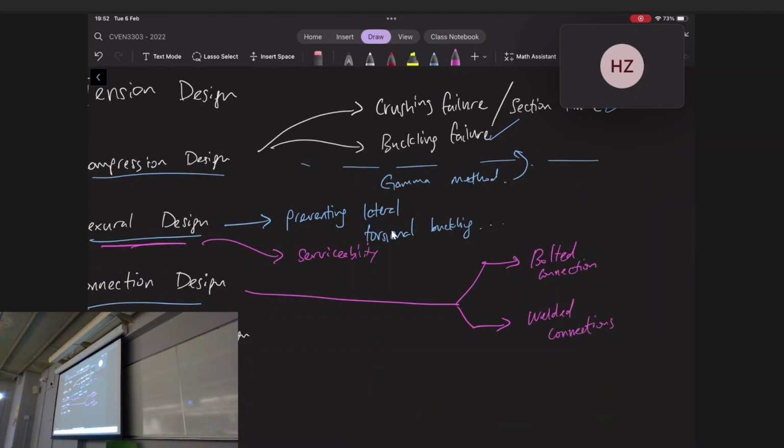These are the 2 connection types you'll see in the course. Essentially, the way the questions will show up, I think we'll show a little bit of that as well, is you might be given a connection detail, and then the question will basically ask you what's the capacity of this connection. Okay, connections are really important because